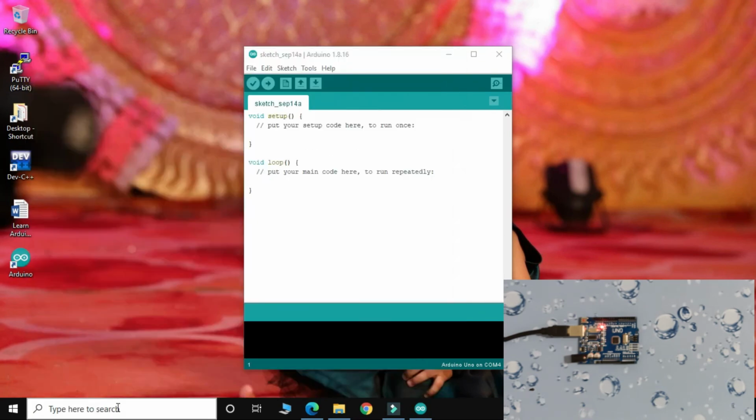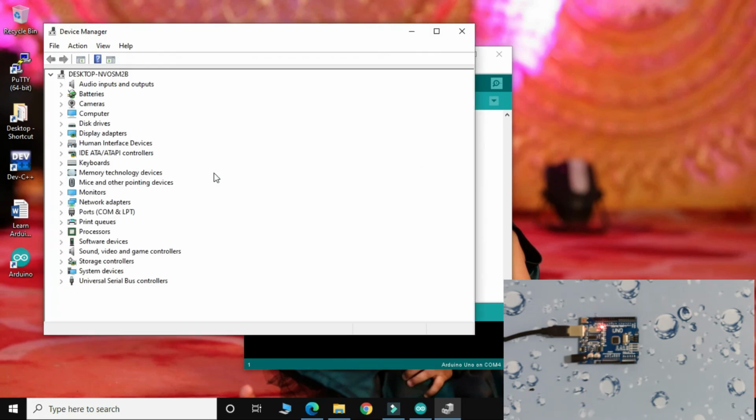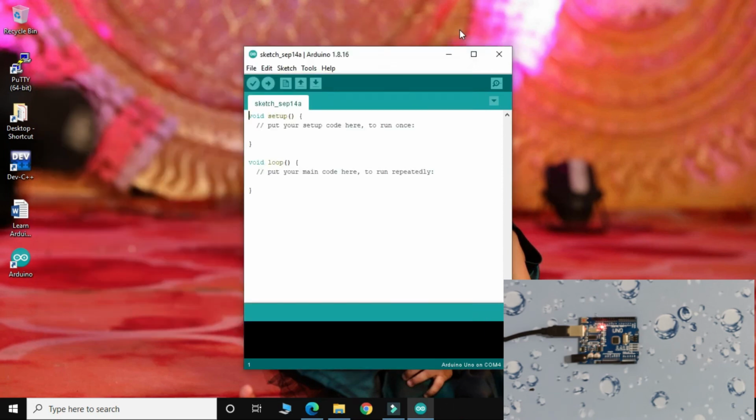Like I just click on device manager, and over here in the ports, as you see, USB serial CH340 COM4. So this is the COM port, and when I hit on this run button, a blank program will be fed in my Arduino, and during the updation process or during burning process, TX and RX will blink.